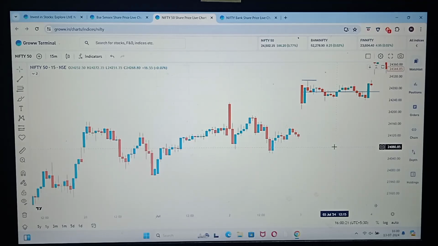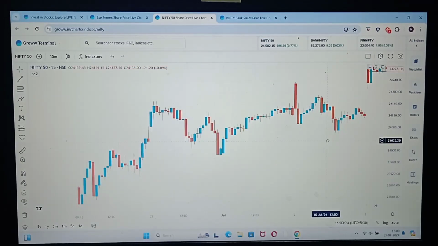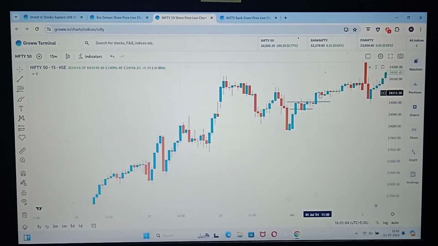On 3rd of July the market consolidated. On 1st of July we'll see this wick candle, reddish 9:45, we'll be marking the high and low. So clearly you can see here we are getting a handsome trade around 11:15, from the 24,084 level up to 14, so 30 points easy trade, then consolidation